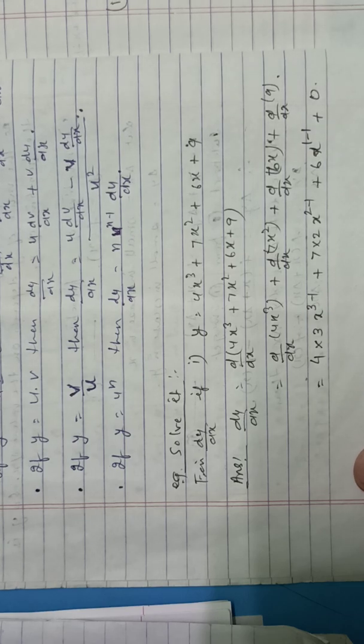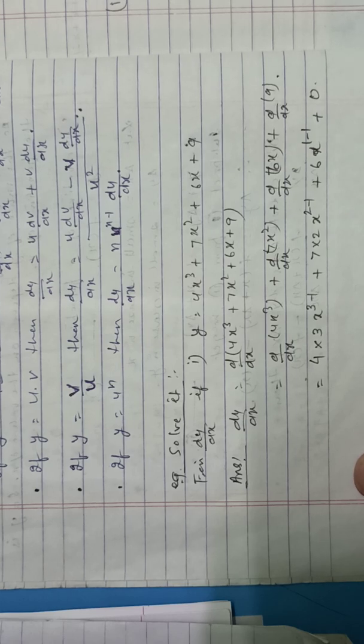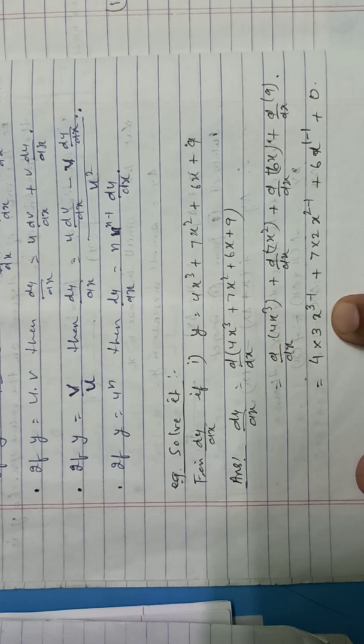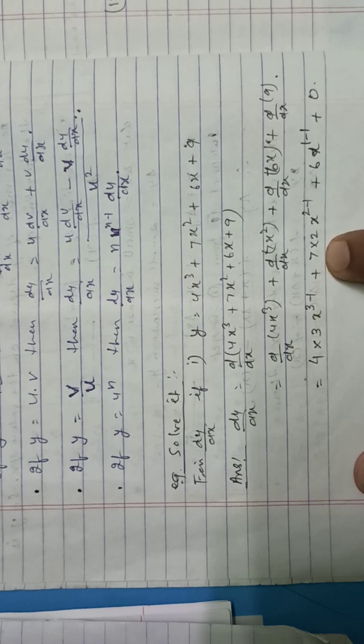All of you know that the differential coefficient of any constant quantity such as 1, 2, 3, 4, 5, 6, 7, 8, 9, 10, pi, log, is 0. Now in this you have to apply the power formula. You know that d by dx of x to the power n is equal to n x to the power n minus 1. So 4 is a constant and is taken out from the differential, into power 3. So we write 3x to the power 3 minus 1, plus 7.